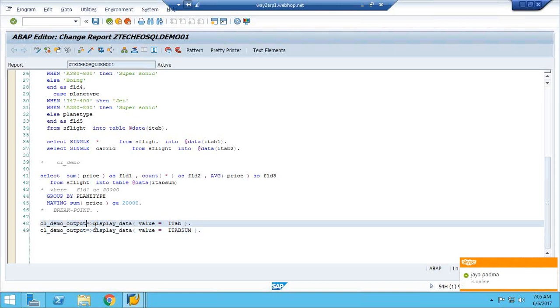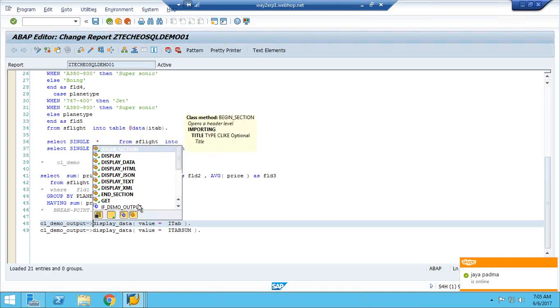It has n number of methods, and each method has some import and export parameters. Clear?